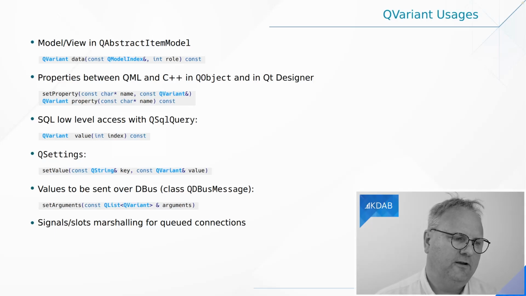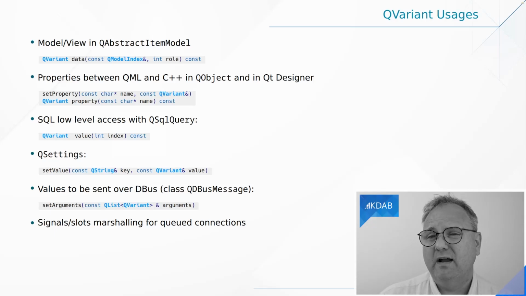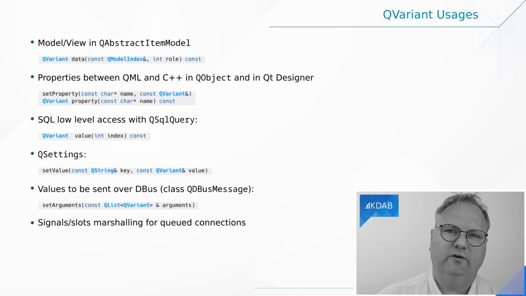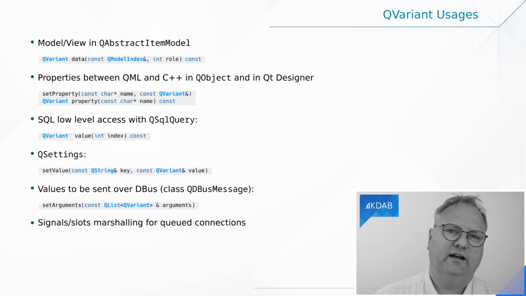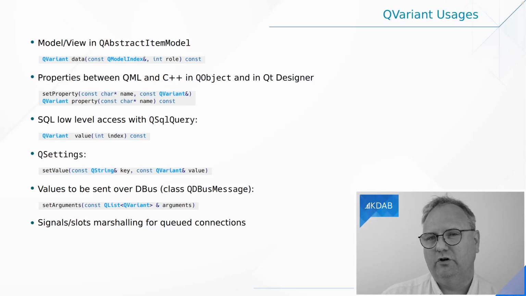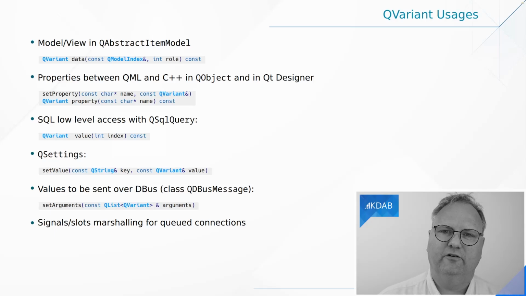But the key thing is that the method of QAbstractItemModel is called data, and it returns a QVariant. So depending on what you asked for, if you ask for the display role, then you would get a string back. It would be a variant with a QString. But there's actually an episode in Qt Widgets and More where, when you ask for the display role, I return a QStringList. And then I have some code in there that makes it possible for the view to pick the longest string that fits in the given column size. There's a link for the episode in Qt Widgets and More right here.